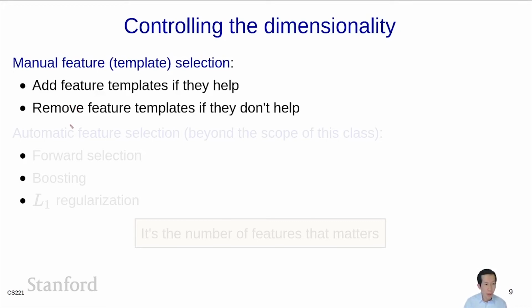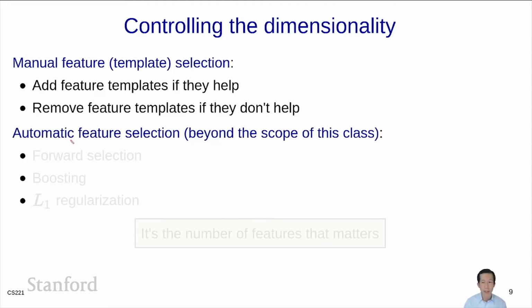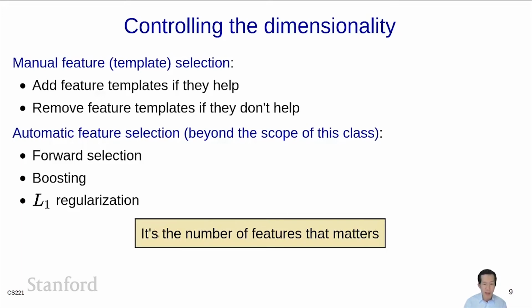There's also ways to do this more automatically. You can do forward selection, boosting, or L1 regularization. This is beyond the scope of the class, but there are ways to make this less manual. One thing I want to stress is that